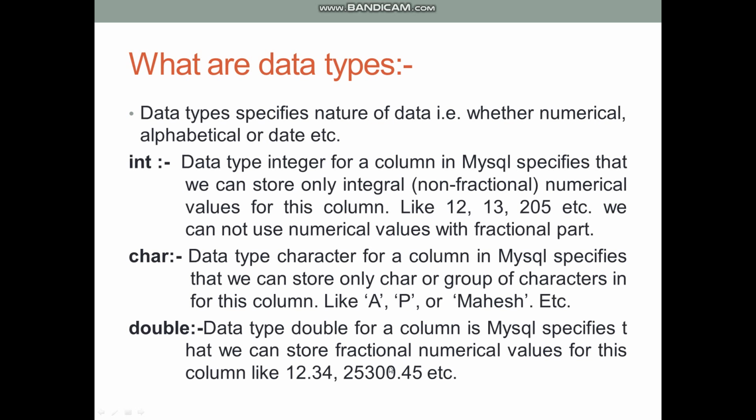So basic difference between integer data type and double data type is that in integer data type we cannot store a fractional part or fractional value. We have to use whole number like 12, 13 or 205. But for double data type we can use both non-fractional part and fractional part. Means a fractional number can be stored here. Both are numerical data type, but double provide a facility to store fractional values in our columns.